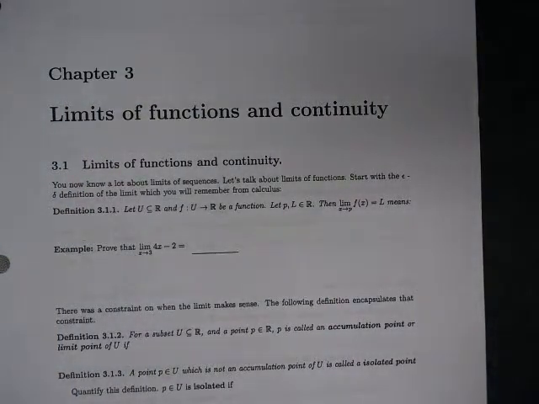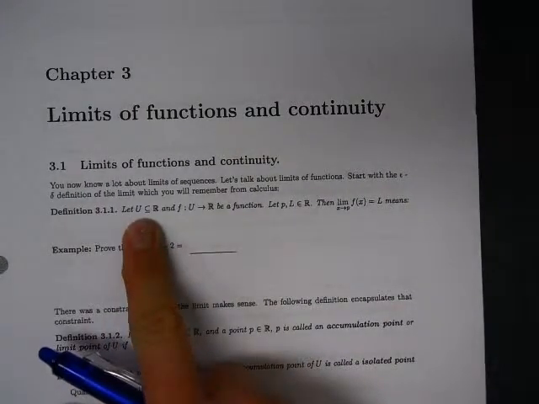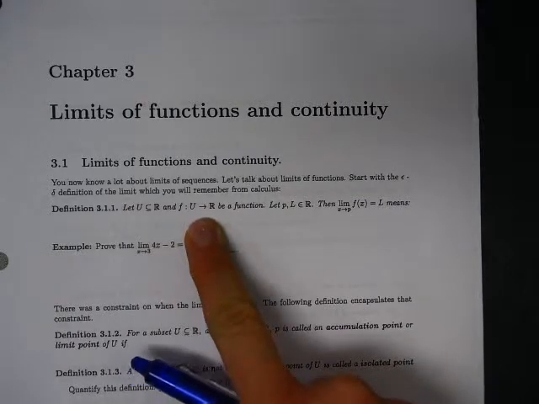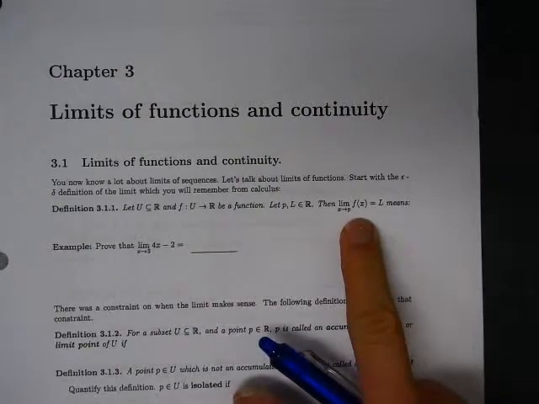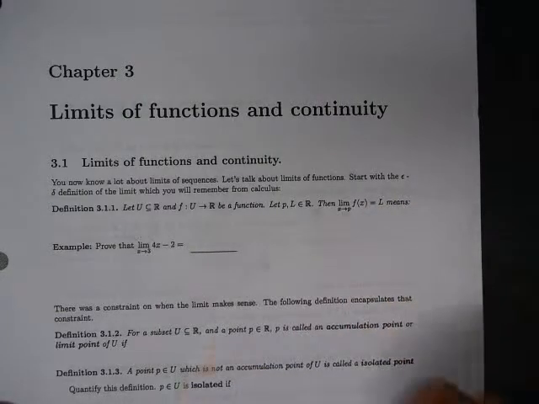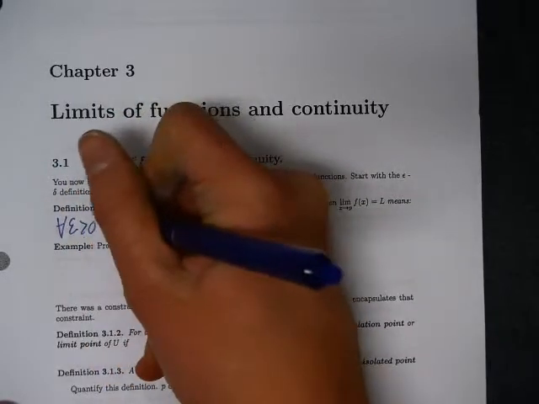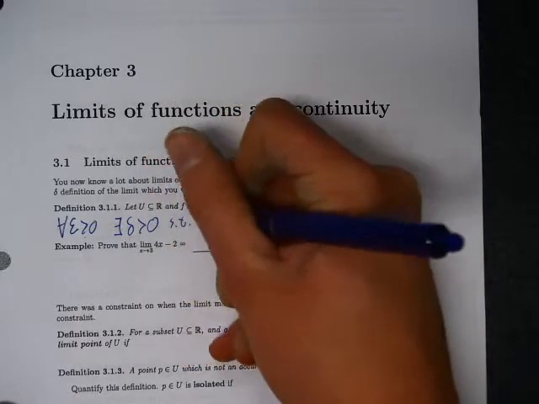So with what we've just written down, now we're ready to write down the definition of the limit. So we say that if you have a subset of the real line, a function with domain equal to that subset, and numbers p and l, then we say that the limit as x approaches p of f of x is equal to l if, for all epsilon bigger than 0, there exists a delta bigger than 0, such that